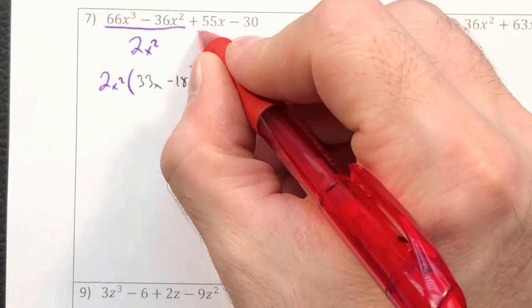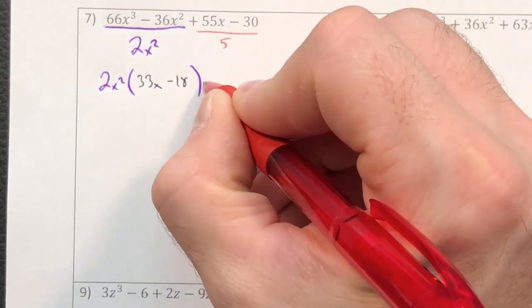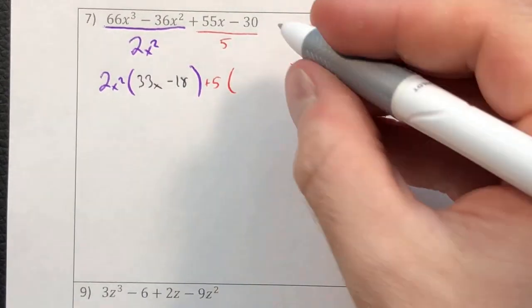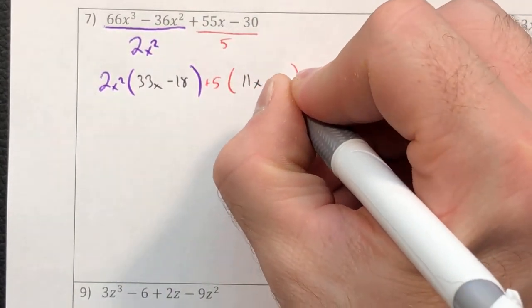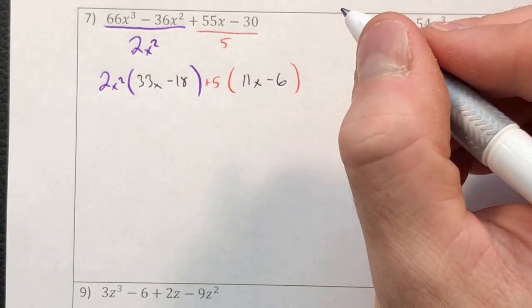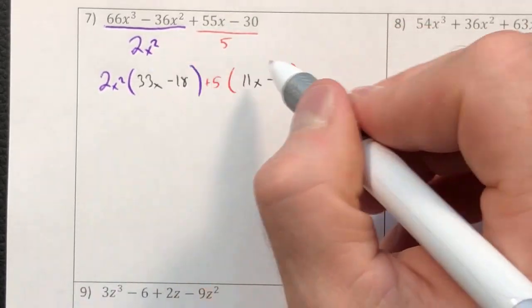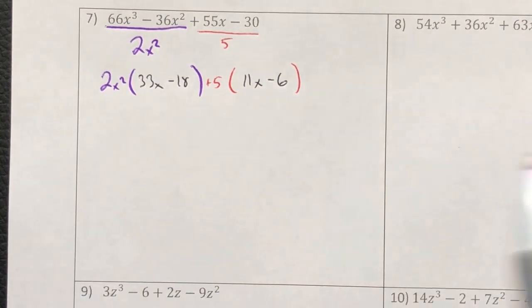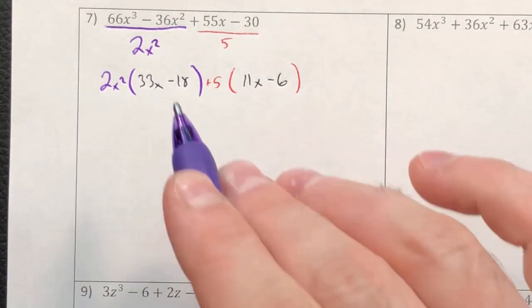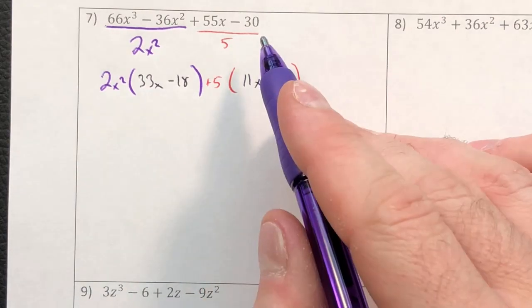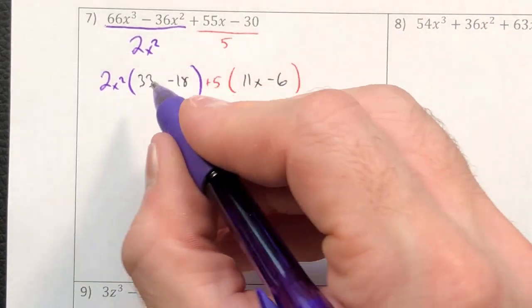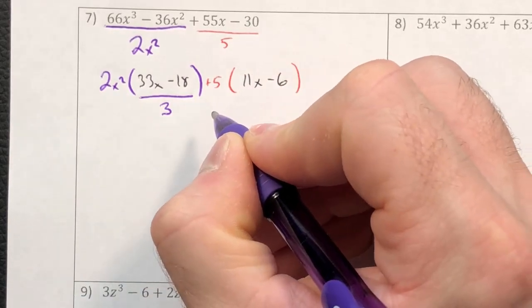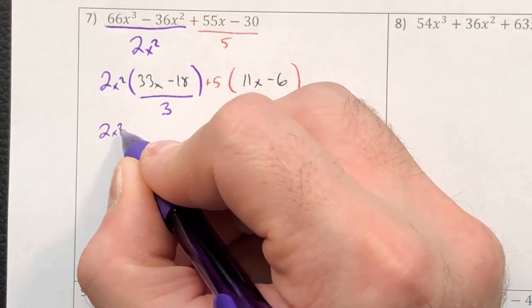Then over here on this side, I'll notice, okay, they're both divisible by 5, so I'm going to pull out a 5, see what I get. It's going to give me an 11x minus 6. So what we notice is the fact that my two expressions are not equal, but I still have a GCF over here. So what I'll do is I'll just repeat this process again and say, can I pull out another common factor? Well, in this case, I can pull out a 3,